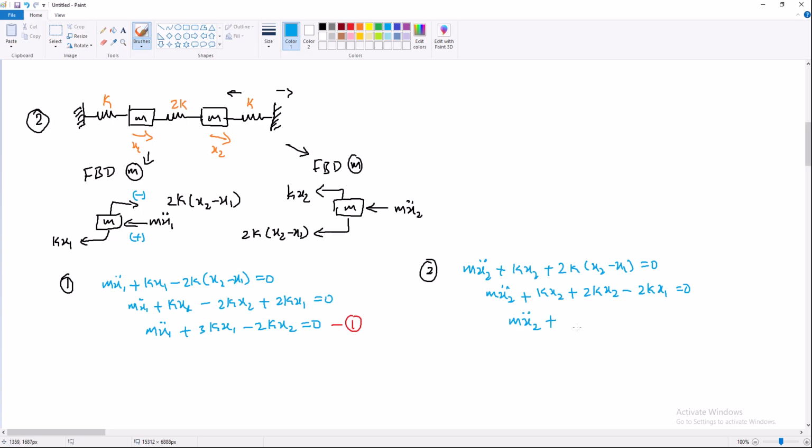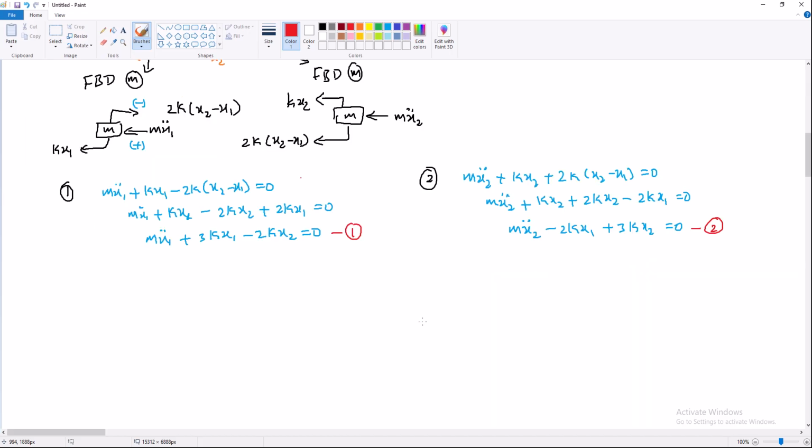for m x2, for the x1, if I want to write, it is minus 2k x1 plus 3k x2. This k x2 plus 2k x2, it is 3k x2, which is equal to 0. So this is the second equation for the mass m. So now by referring to these two equations, I must write the equation in the matrix